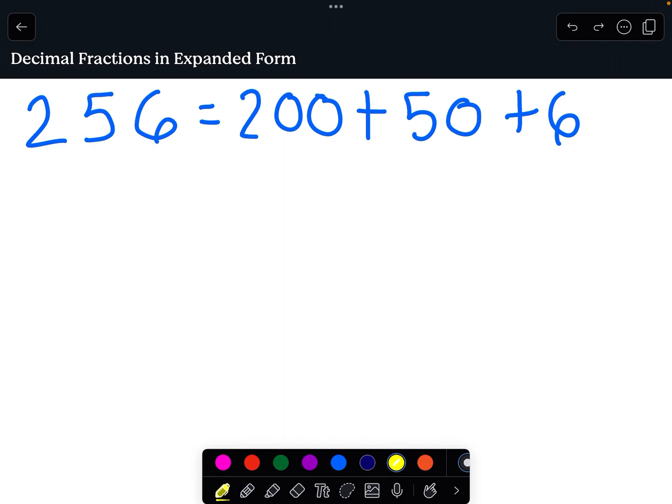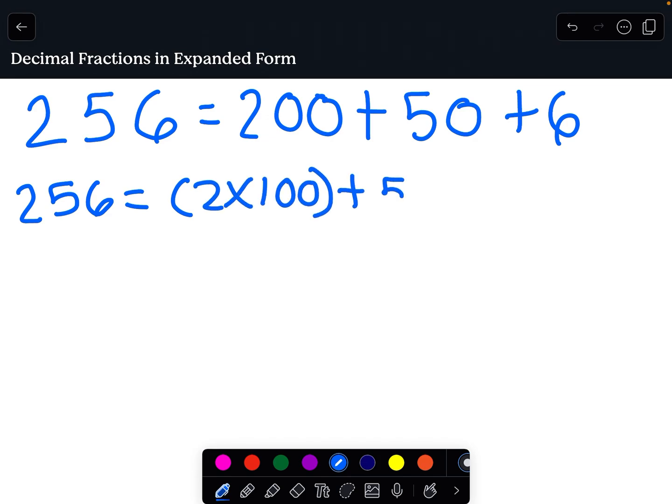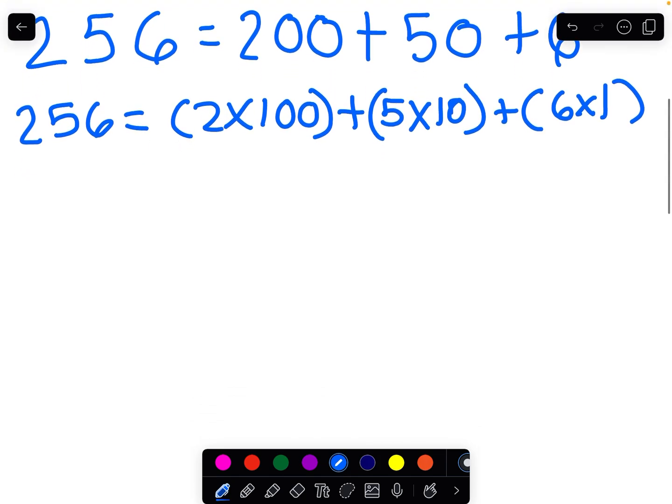And another way to think about it that will help us as we approach writing decimal fractions in expanded form is 256 equals 2 groups of 100, which is 2 times 100, plus 5 groups of 10, which is 5 times 10, plus 6 groups of 1, which is 6 times 1. And that might help us with decimal fractions in expanded form. And just to look at, in a way, what expanded form is. Let's say we have the number now, it's